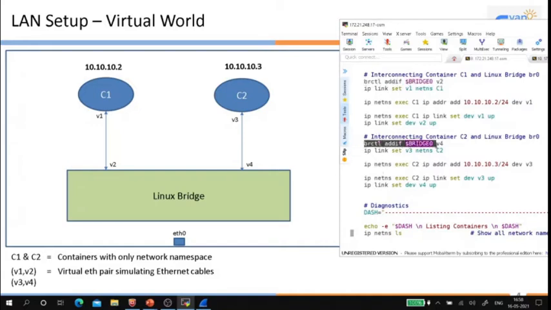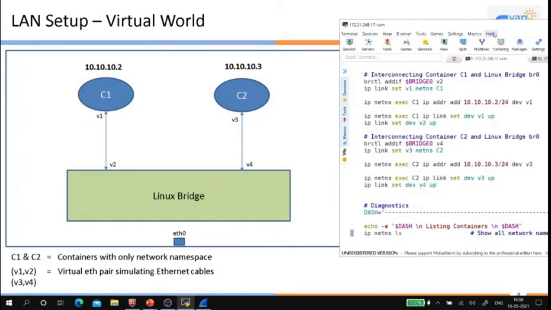Adding interface V4 to the bridge, and then adding interface V3 to the network namespace C2, or microcontainer. Next, we go inside the container C2 and configure the IP address. Next, we go inside the container and configure the interface V3, and then we bring up the interface V4. So in this way, we have now interconnected.